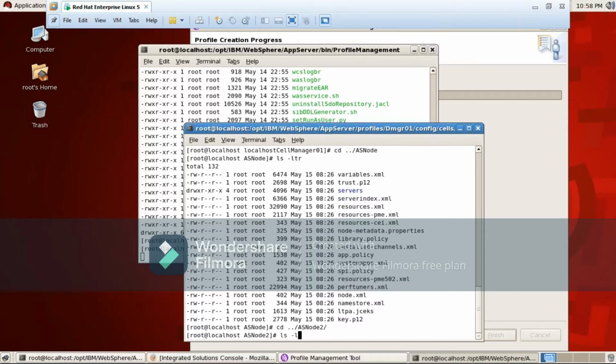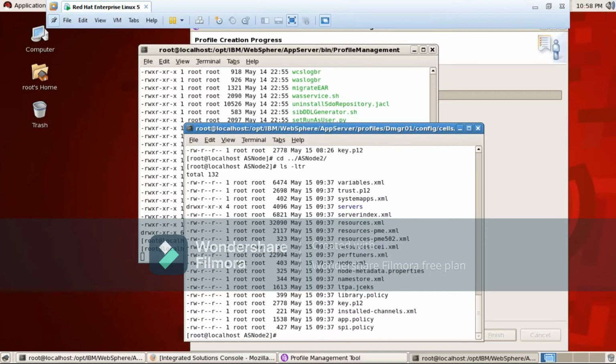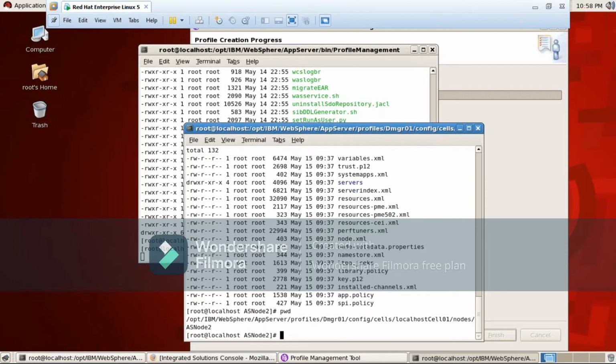See here, complete configuration file of AS2 node also. So the thing is, as it is a master configuration, it's going to have the complete configuration file of its own node, and whatever nodes are federated with the deployment manager, each and every node's complete configuration files will be available in DMGR because it is a master configuration. So we'll see individually now.